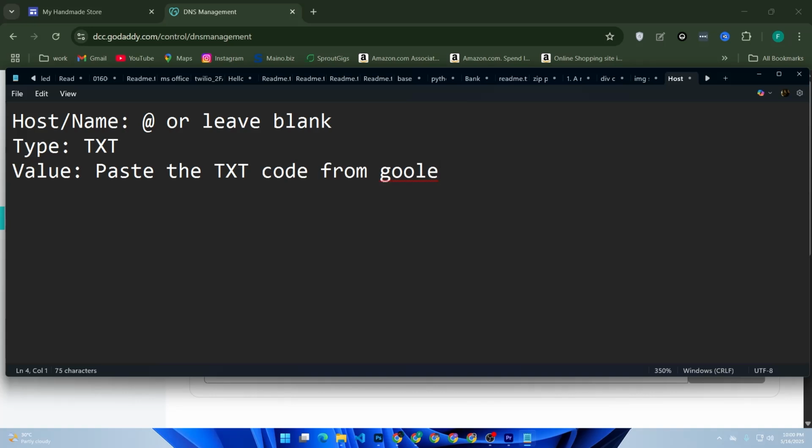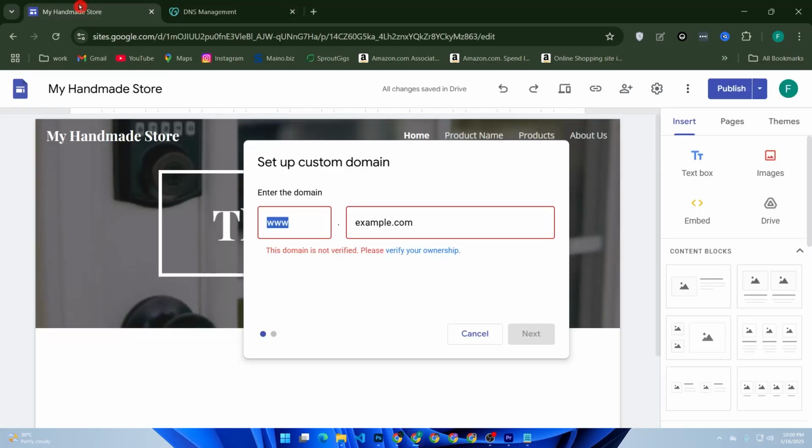Now save the record and wait a few minutes. DNS changes can take a few minutes to a few hours to apply, but usually it's pretty fast. Now go back to your Google Search Console and click verify again. If the DNS is updated, it should say ownership verified, or you can just click on verify your ownership from the Google Search setting,